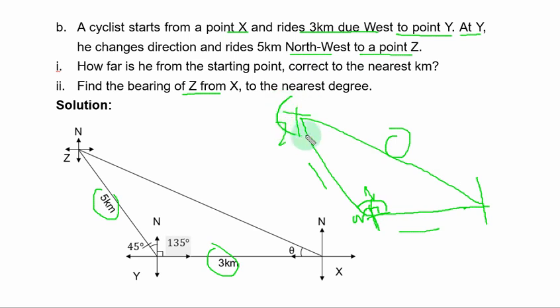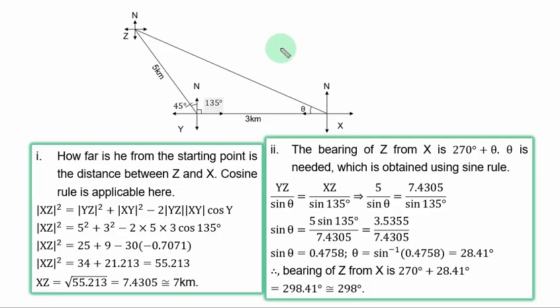The cyclist is now here. This is the starting point. You can get this distance. Roman figure 1. How far is he from the starting point is the distance between S and Z, or Z and S. The cosine rule is applicable here. So this is the rule. The side you are looking for, the angle facing that side is always given. You can see that here clearly,